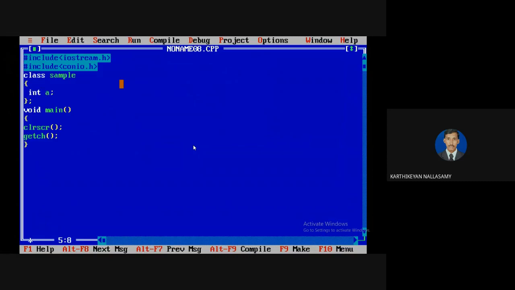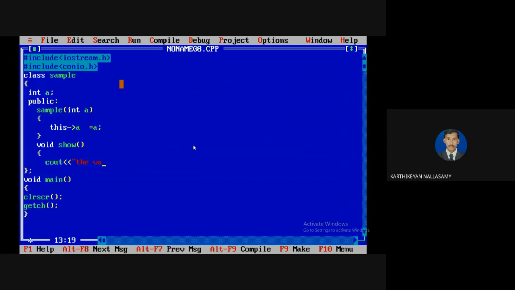For example, here I'm going to define one variable, and I'm going to implement it with the help of constructors. That is the best way to assign data members. If you want, you can take the value at runtime in the main function and pass it to that class method for initialization. It is the best way. So the value of a equal to, and here I'm going to create one object of the sample class, passing some values. Then I'm going to show the value and test how it works.